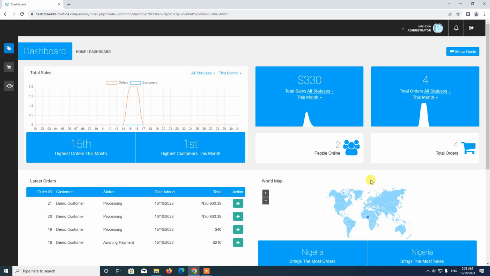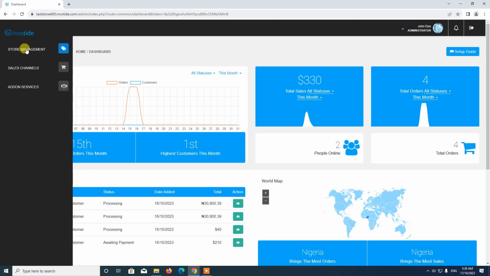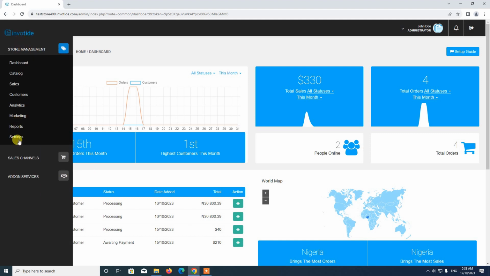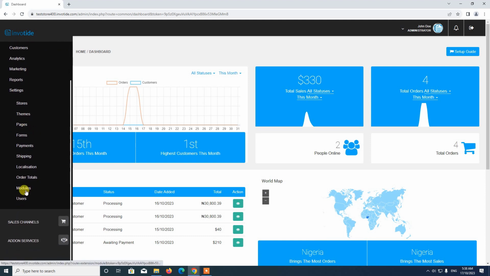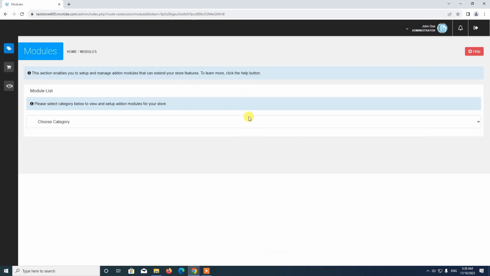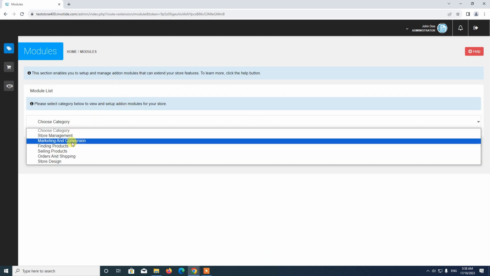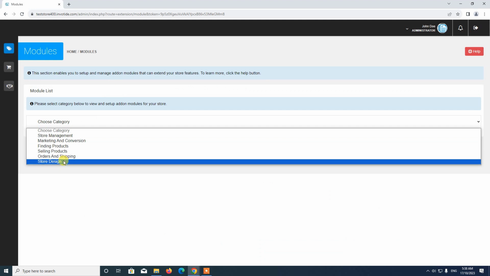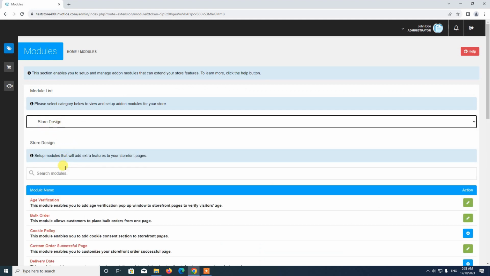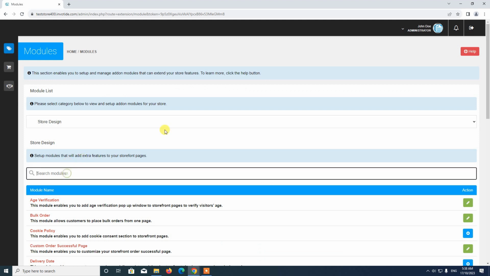So for us to do that, we proceed to the store management section and select settings. In the settings section here, we select modules. So here we'll now proceed to choose the store design category here. So once we choose this, the first module we are going to set up will be the latest